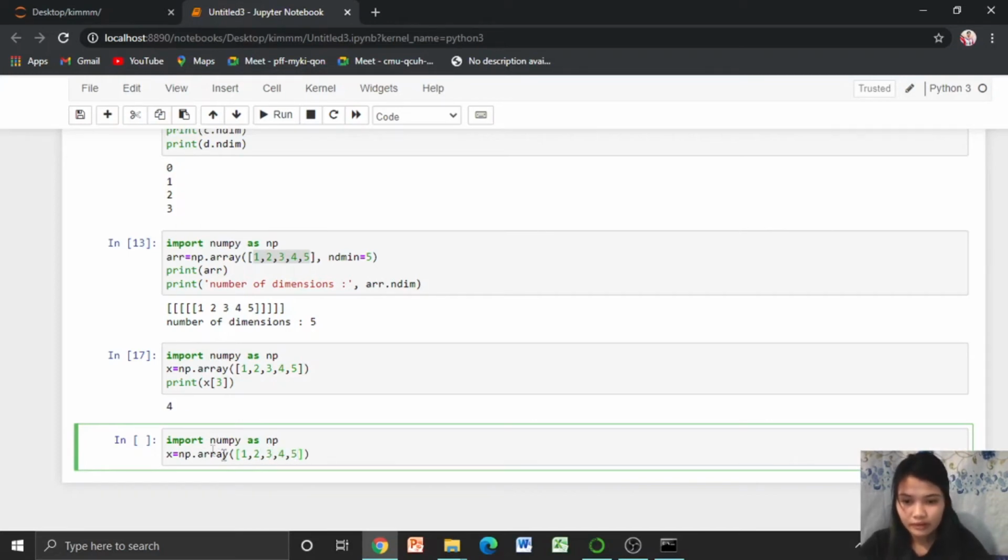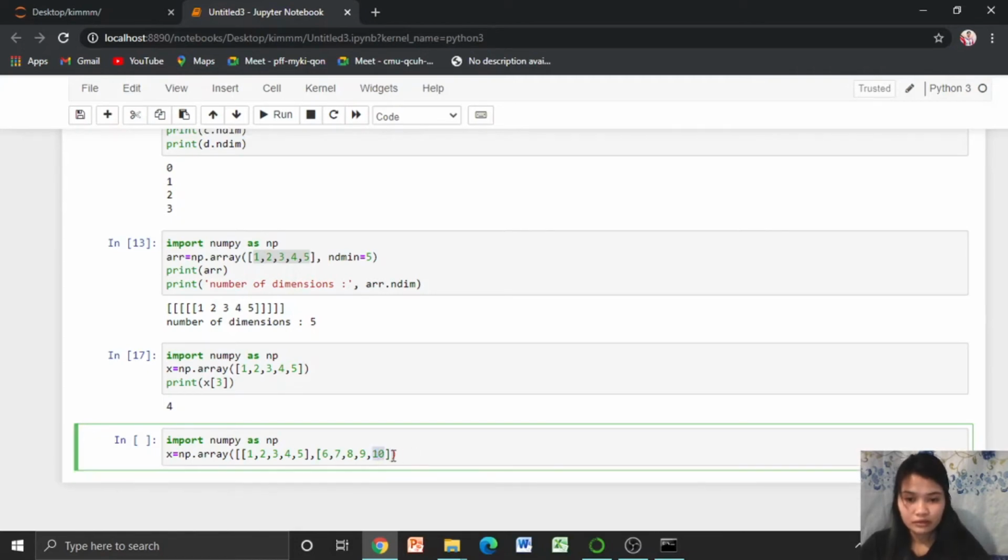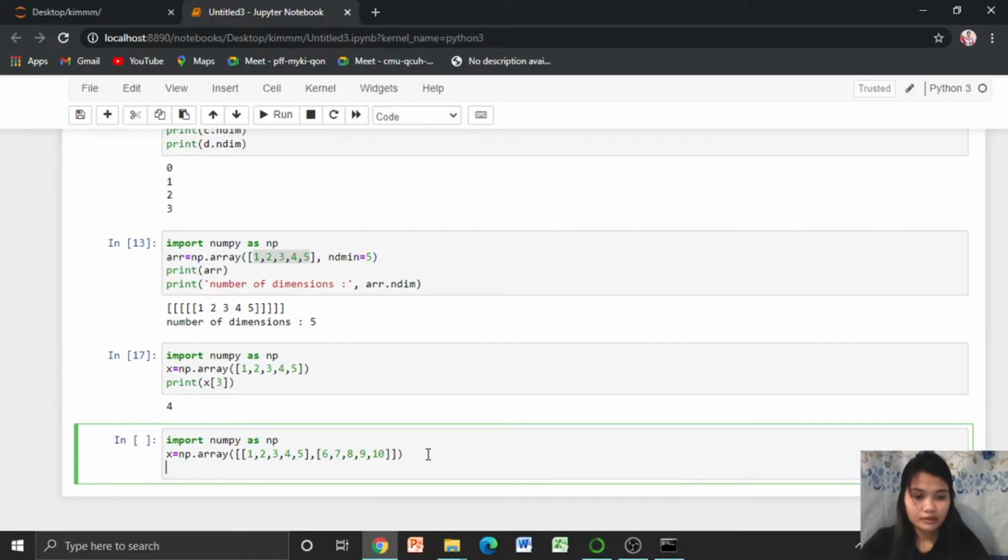Then bracket, comma, then bracket again, and for example 6, 7, 8, 9, and then 10. So let's add bracket here, and then let's say print